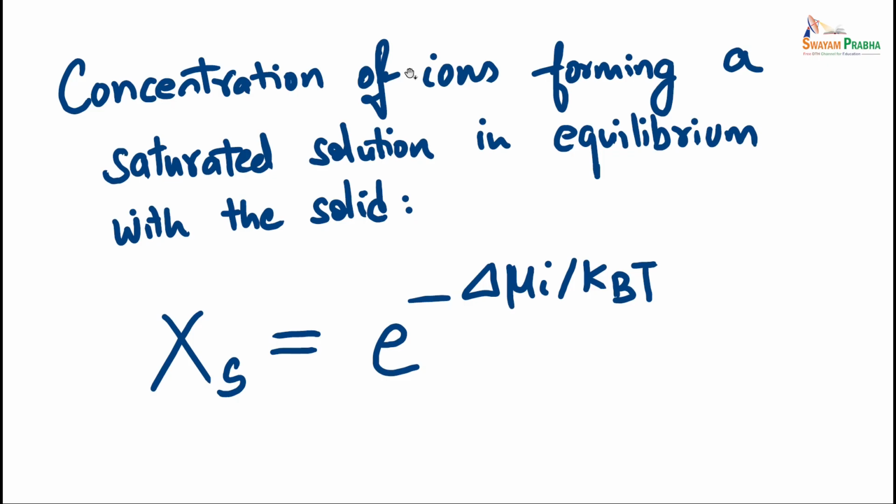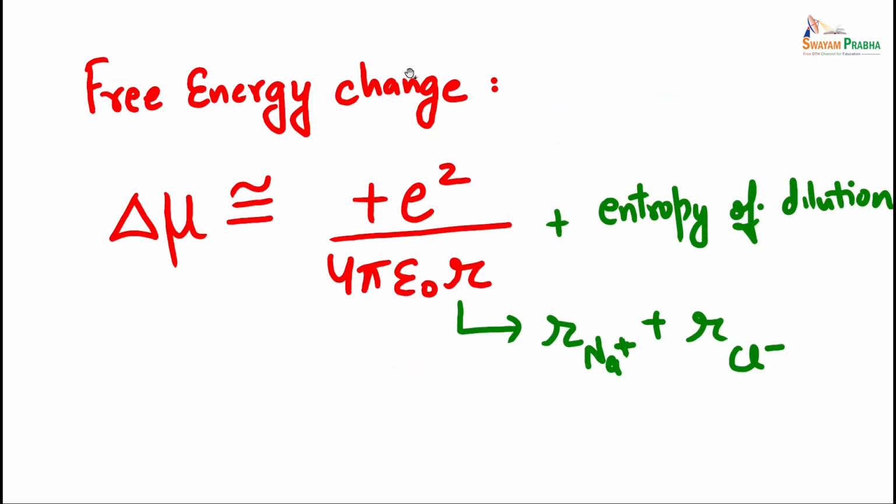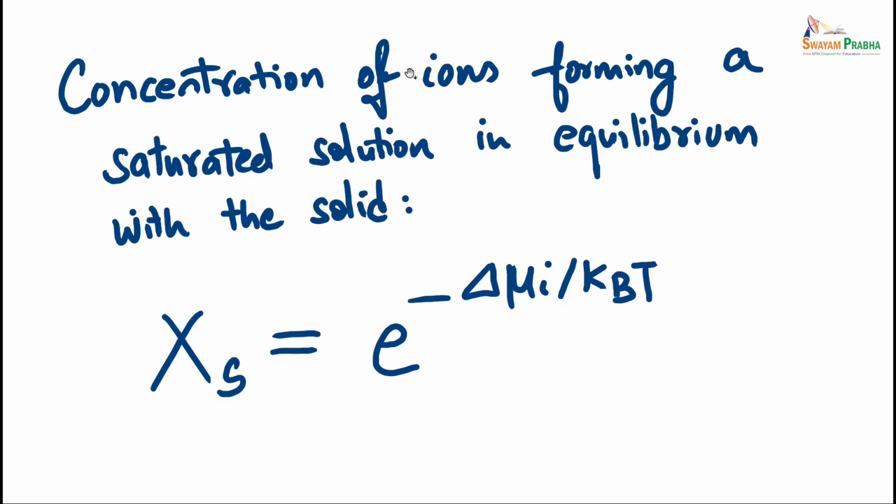You have water molecules coming in between NaCl, Na plus and Cl minus, separating them off, and this is the free energy change, e squared upon 4 pi epsilon naught r. Then I should also put the epsilon of water. The difference between the final energy state and the initial energy state is the change in the free energy. If I look at this, then the solubility in mole per mole is given by this factor. That is, if the free energy change is much larger, the more soluble it will be, if it can induce a big free energy change.